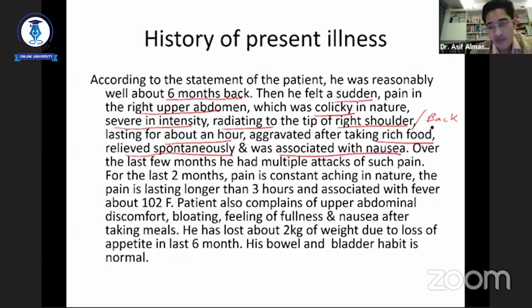If you look at the history, you can understand that I am trying to describe biliary colic. So if you look at this patient, the patient is just having pain. The patient is not having other features of inflammation like fever. So this is actually the first time, what happens is the stone,